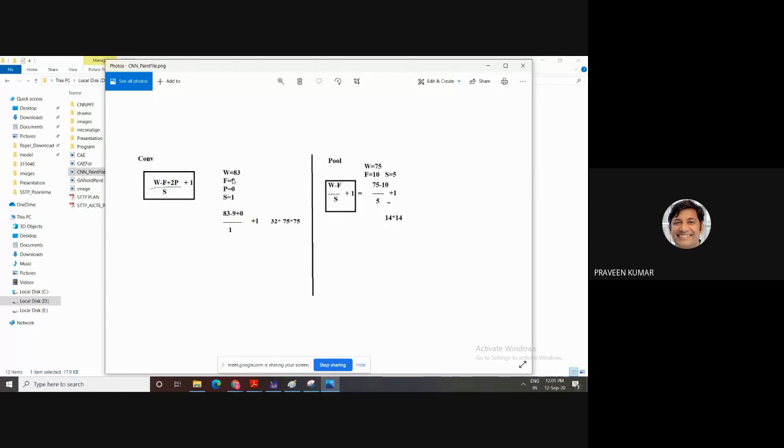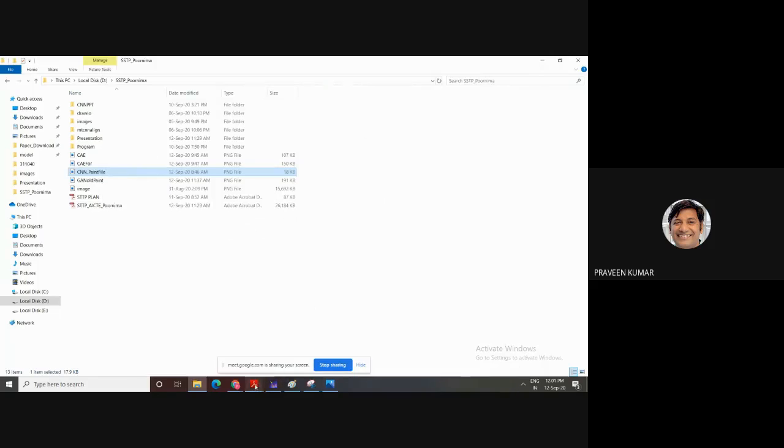Then W is 83. Then 9 is your filter size, padding is 0, then stride is 1. This way calculate the first layer size, convolution first, then pooling. This way, after the first convolution you have 75 as the width, then the filter is 10, meaning 10 cross 10, then sampling is 5 cross 5. Put this formula, then you get this result.